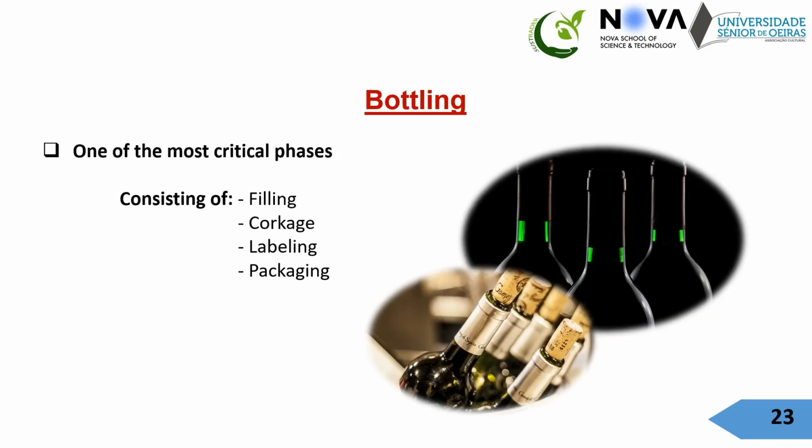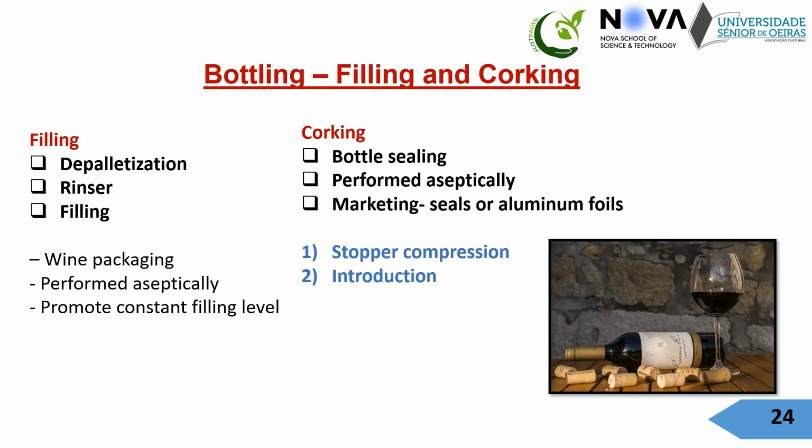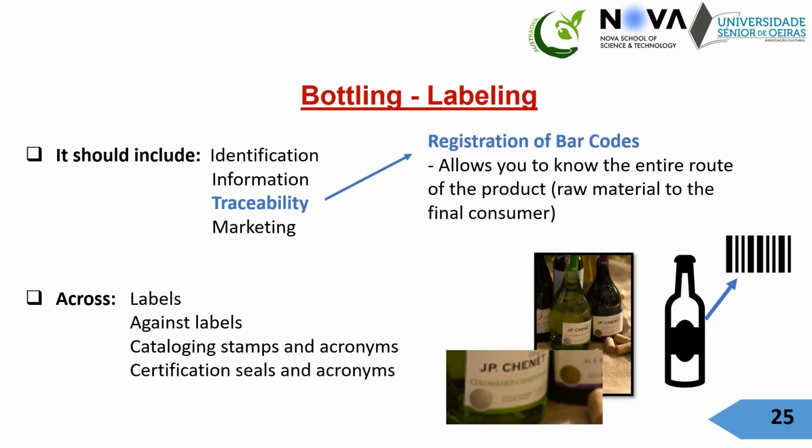For the bottling process, it includes filling, corking, labeling, and packaging. The filling process contains the palletization, rinser, and the filling in aseptic conditions. The corking consists of bottle sealing, also performed in aseptic conditions, and in this step seals or aluminum foils related to marketing are added. The labeling process should include identification and information about the product,